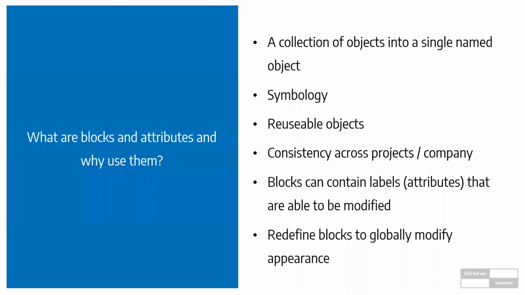A little bit more advanced with blocks, still fairly basic sort of stuff, is a thing that we call attributes. Attributes are labels within a block, ideal for title blocks and things like that, or room layouts where you need to have, you know, who belongs to the room and things like that. So we've got a block, the same block gets inserted into the drawing multiple times. However, we're able to modify the text entries or the labels within that block, and you can actually export that